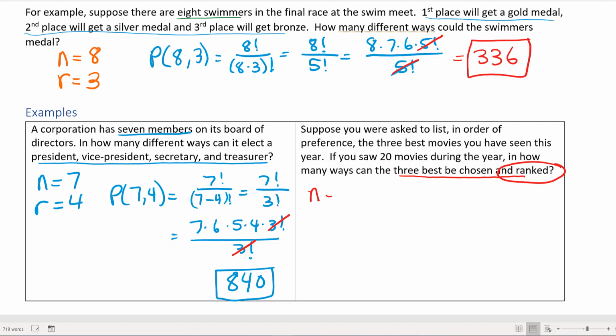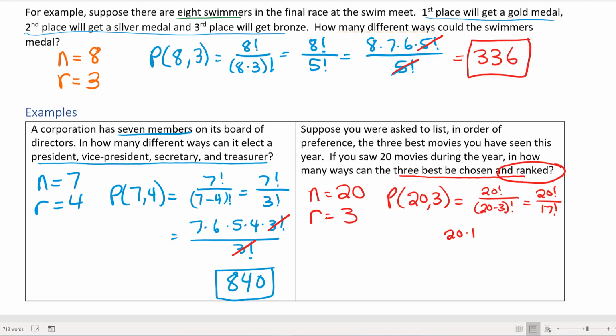So we have n items, 20 total movies. We're choosing the top 3, and so we're going to take the permutation of 20 choose 3, which is 20 factorial over 20 minus 3 factorial. So that's 20 factorial over 17 factorial. If you're doing this longhand, 20 times 19 times 18 times 17 factorial, stop at 17 factorial, because that's going to divide out in the denominator, and you just have 20 times 19 times 18,